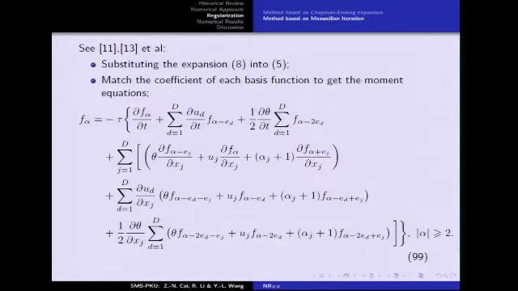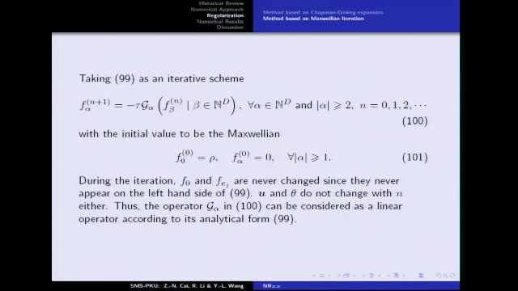Yeah, so we are now trying to improve this regularization using the so-called Maxwellian iteration, and this procedure looks like this. We substitute the Grad expansion back into the BGK equation, and then match the coefficients of the basis function, and we get this equation. The only difference is that we move this tau from the right-hand side to the left-hand side, and then we can take this equation as an iterative scheme,